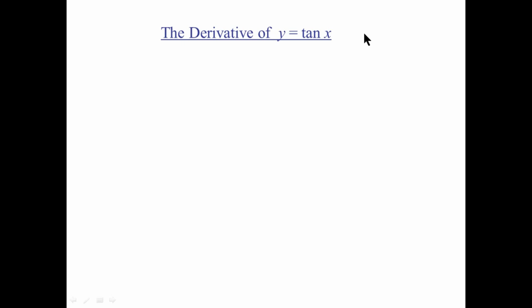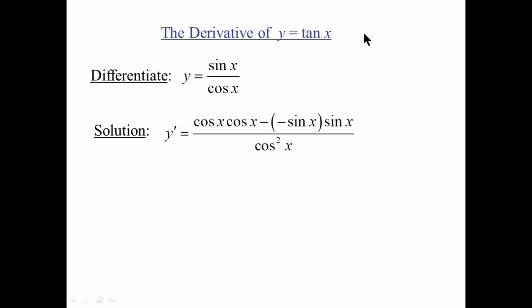Continuing with trig derivatives, let's look at y equals tangent x and figure out its derivative. Let's consider y equals sine x over cos x, which we know from trig identities is the same as y equals tangent x. So let's differentiate y equals sine x over cos x. Well, it's a quotient, so we could apply the quotient rule, top thing primed, etc. So y primed equals top thing primed times the bottom thing minus the bottom thing primed times the top thing